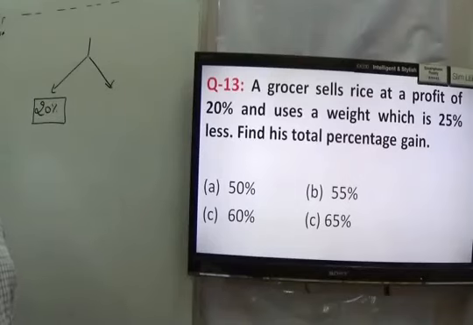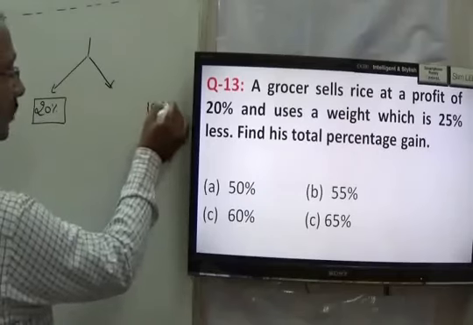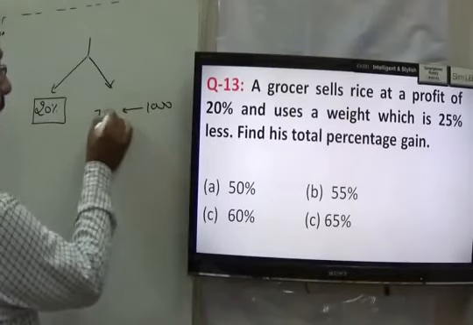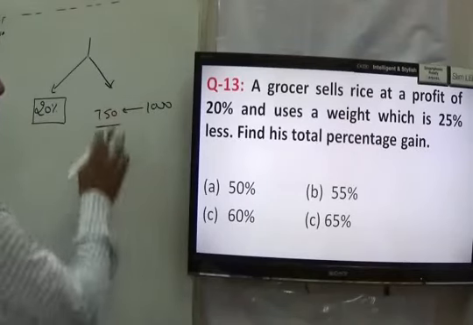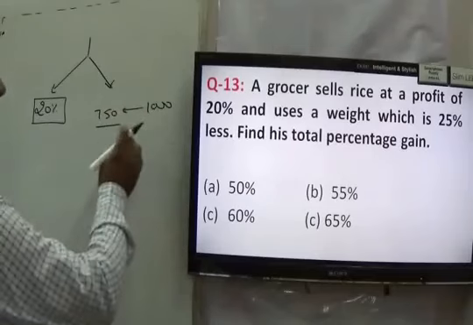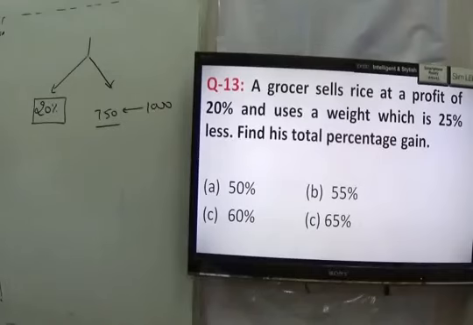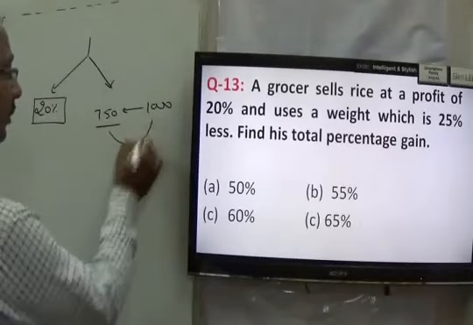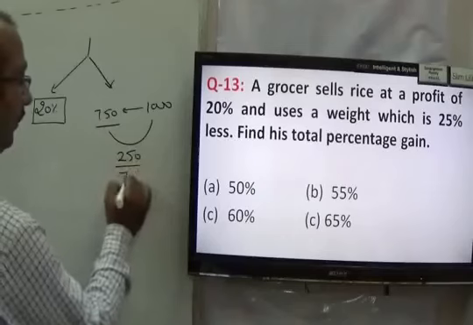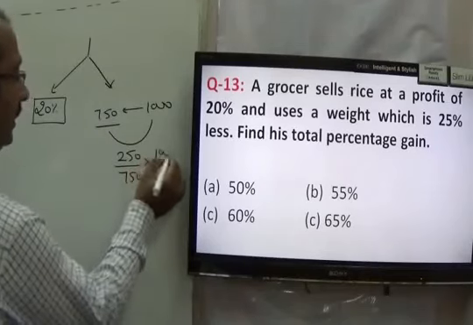That means if it shows 100, actually it is 75. It means if I find my profit percentage here, the profit percentage is equal to 25 upon 75 into 100. So here I can say that is